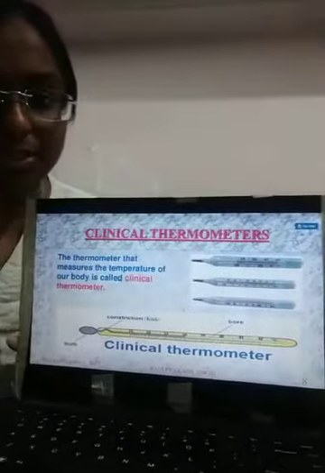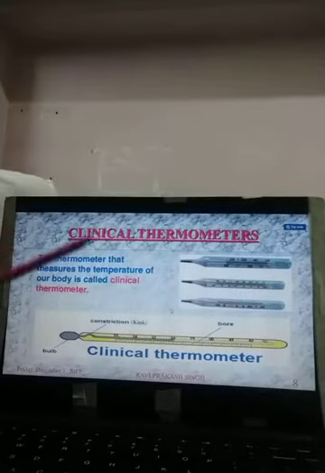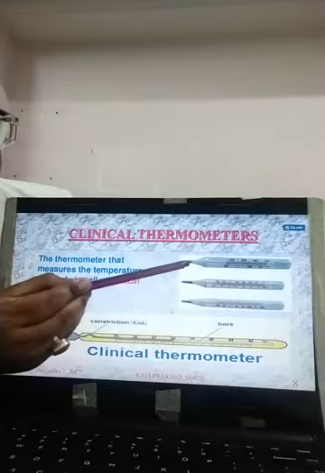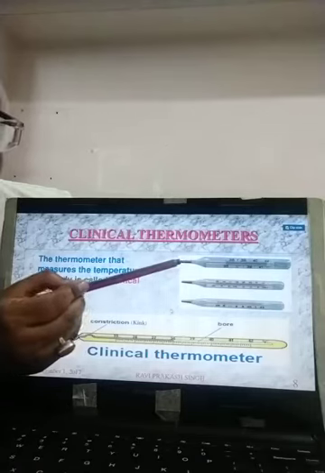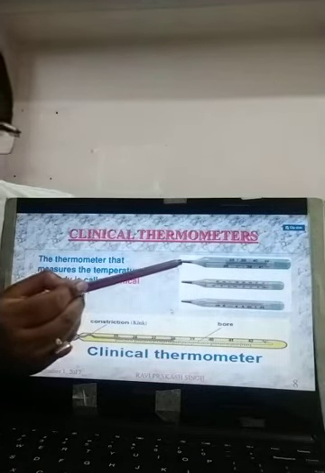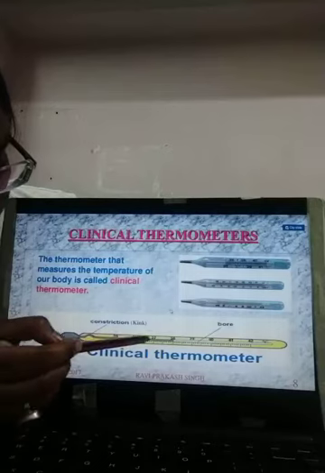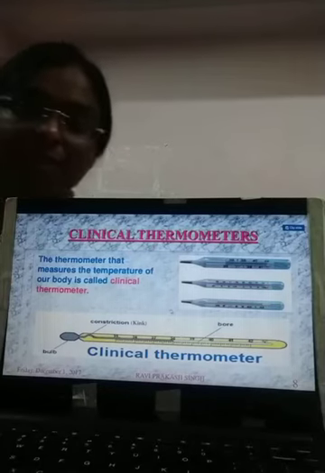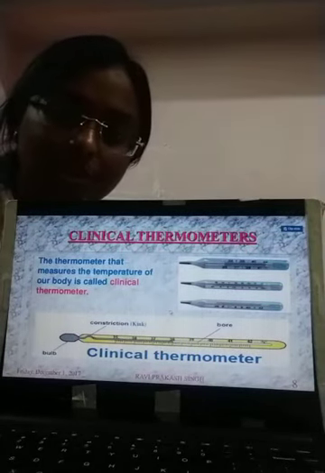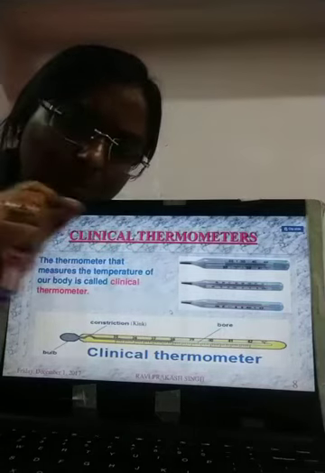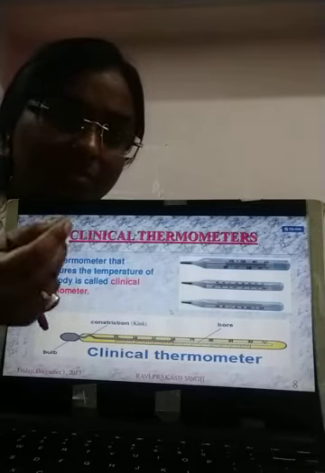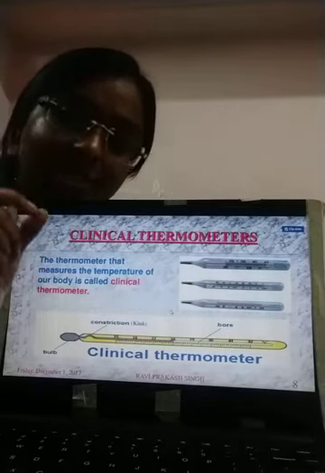So here you can see the picture of a clinical thermometer. The body of the thermometer is basically made of glass. There is a thin bulb here. Inside we have mercury, and here you can see a long bore. In this bore there is a shiny liquid, right? When you take the thermometer which you have at your home, you will see that in that small bore, a thin thread-like structure, there is something shiny. That shiny material is mercury.